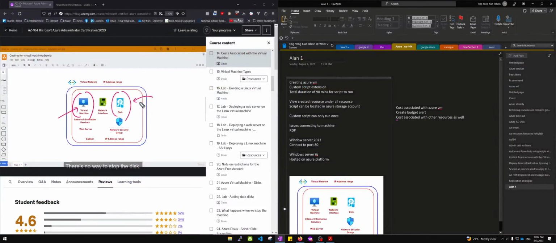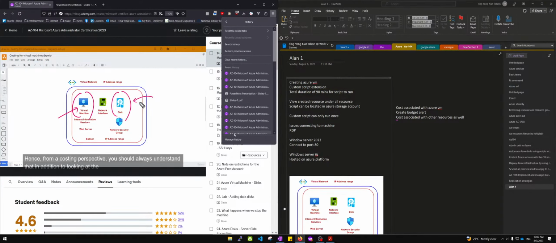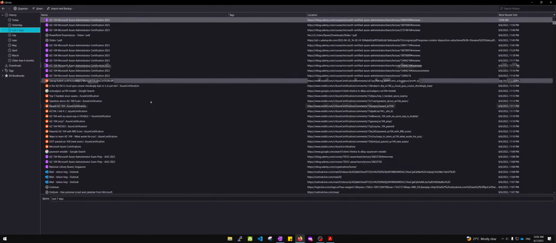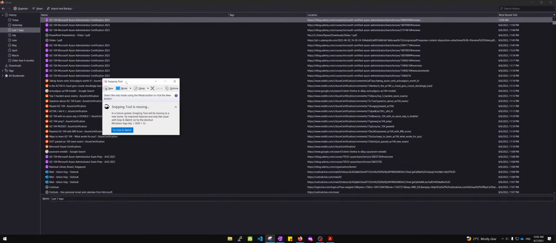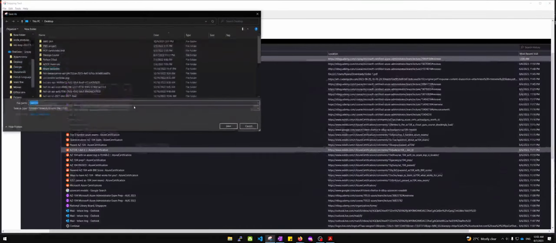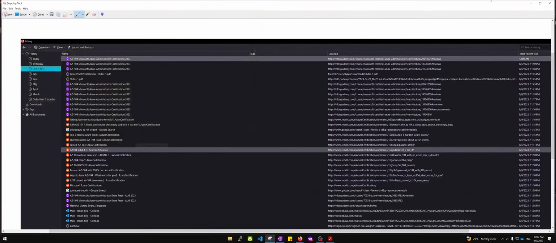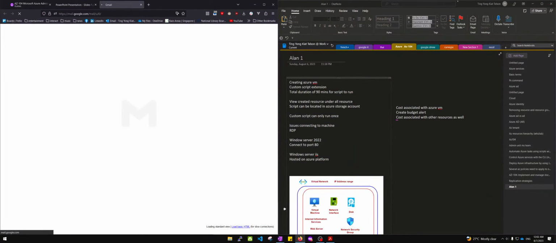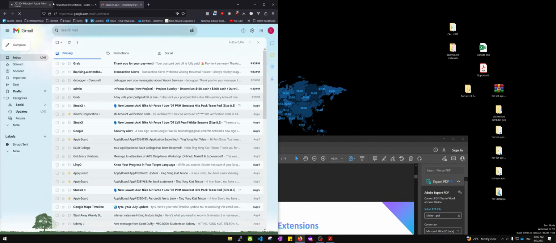There's no way to stop the disk. Hence, from a costing perspective, you should always understand that in addition to looking at the cost for the primary resource, like in this case the virtual machine, you also have to understand there could be an associated cost with the related resources as well. Now, there are different ways of understanding these costs. You can actually